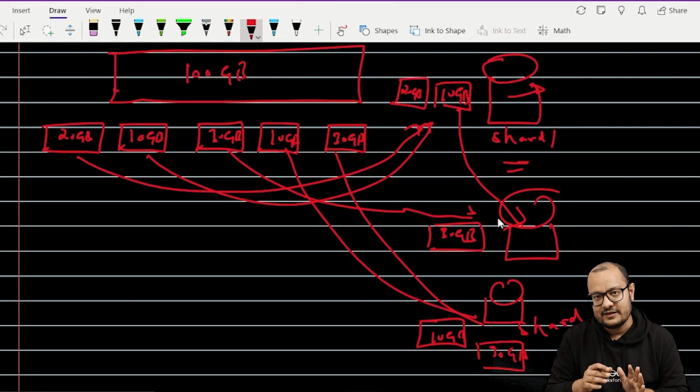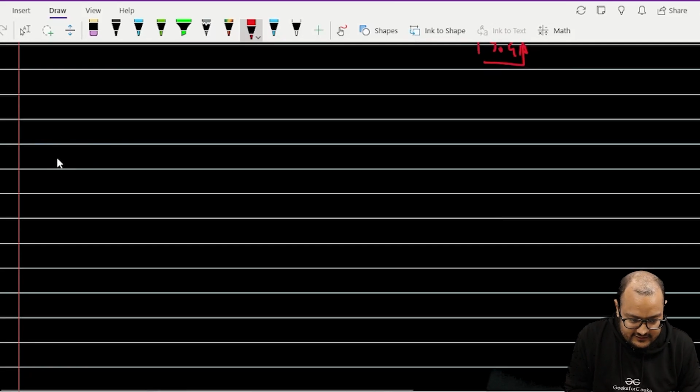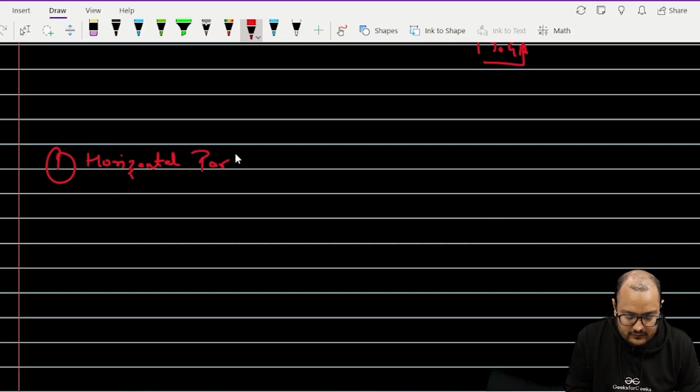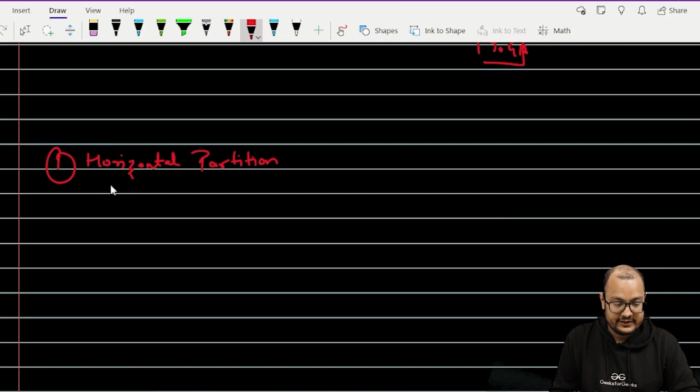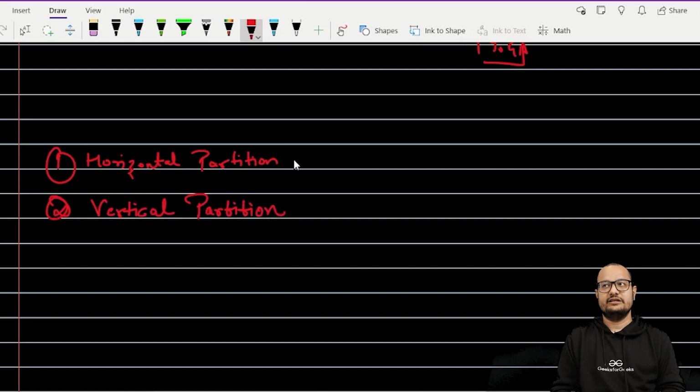Now let's see the types of partitions. So there are two types of partition generally, horizontal partition and vertical partition. Now what is horizontal partition?